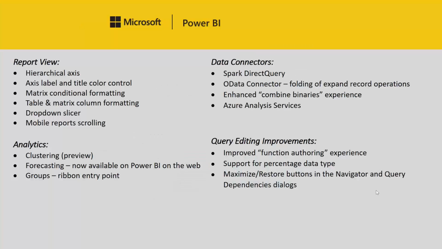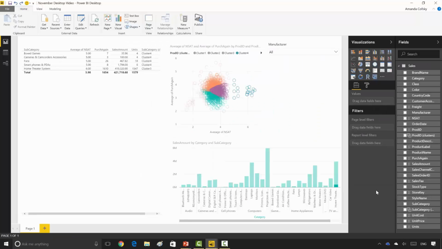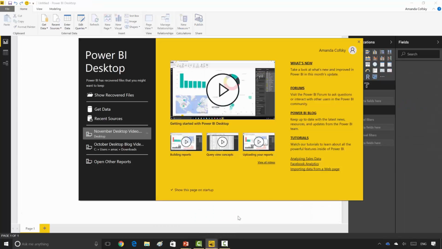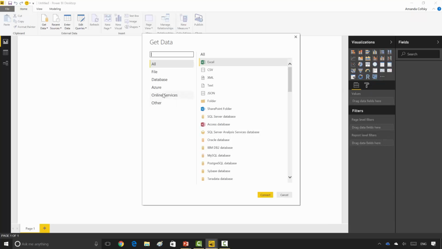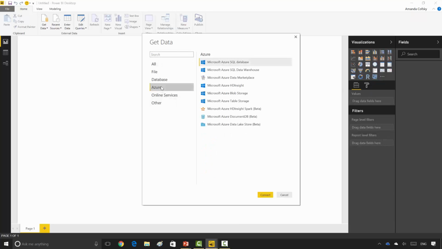Moving on to the data connector section, the first topic I want to talk about is Direct Query for Spark. With this release, we've extended our Spark data connectors to work with Direct Query. So when you're in a report, and actually it needs to be a blank report, since whenever you use Direct Query, it can be the only data source in your file. Whenever you go to get data, if you use any of our Spark connectors, such as the Azure HD Insight Spark or the